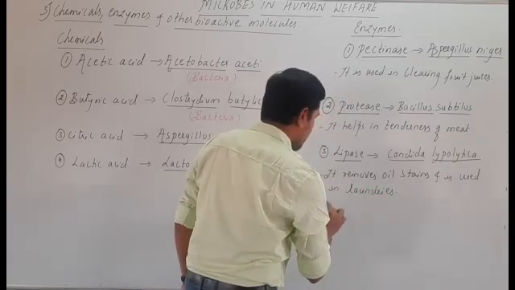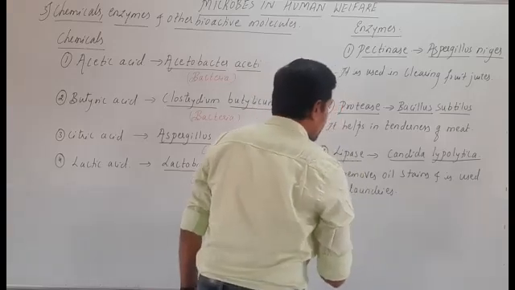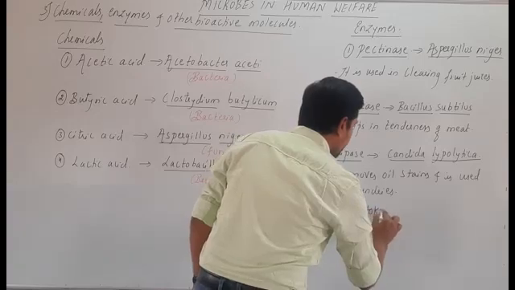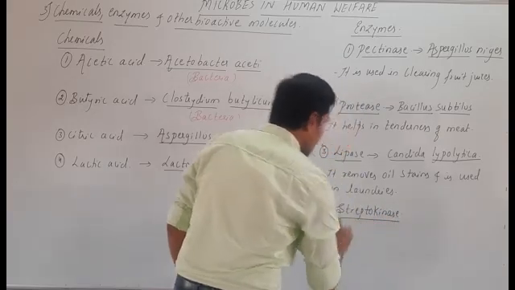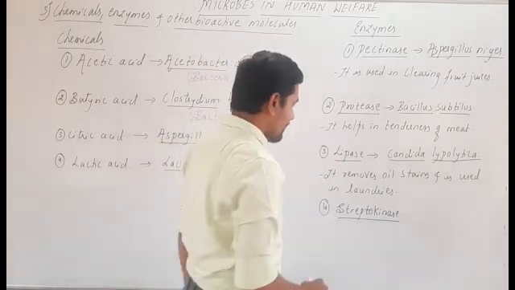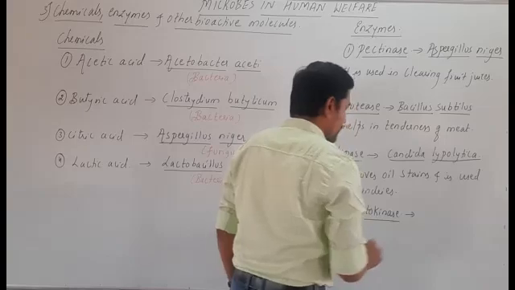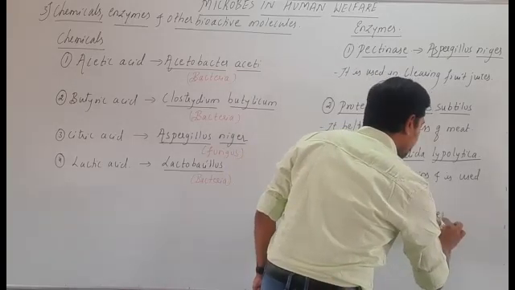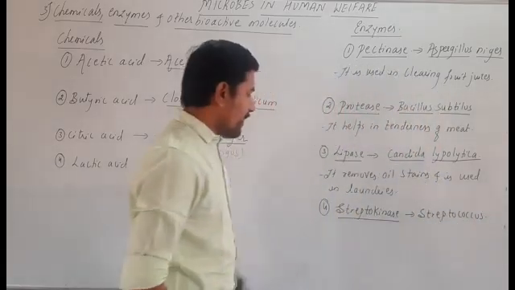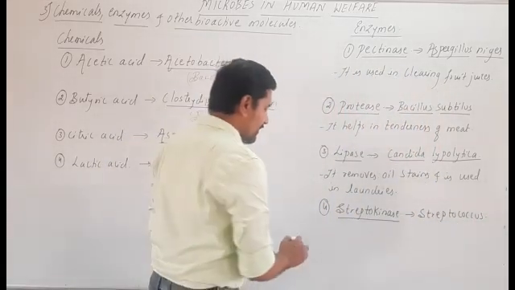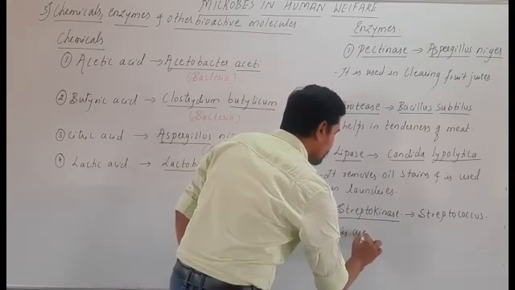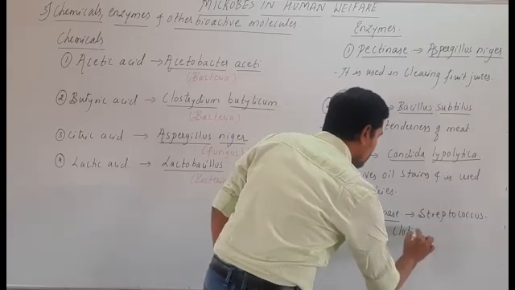Okay, then the fourth one, last one, streptokinase. The streptokinase enzyme. So this is also an enzyme. So all the four we are discussing are enzymes. Here it is produced from Streptococcus species. Now this streptokinase is most important, it is used as a clot buster